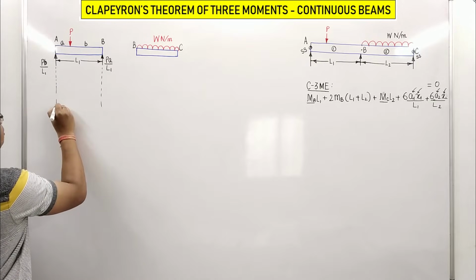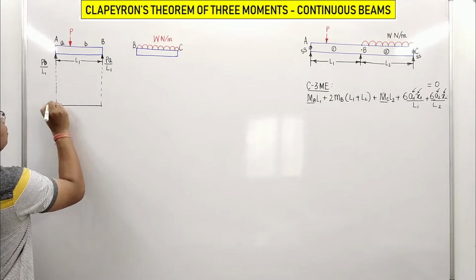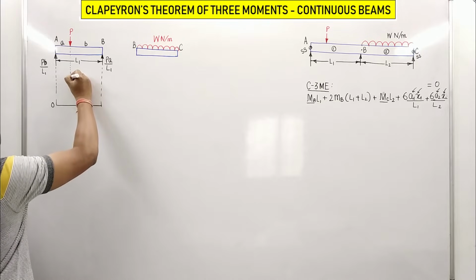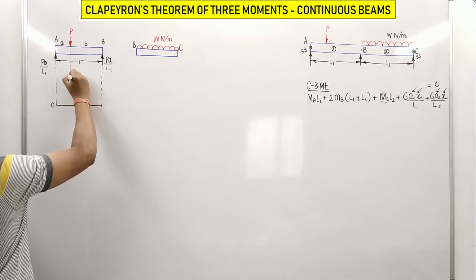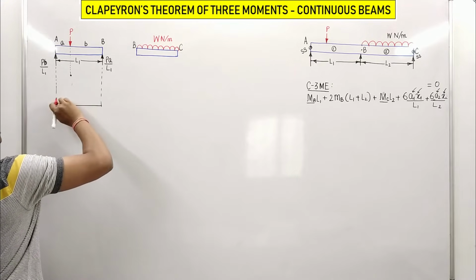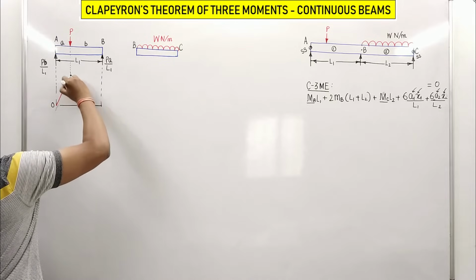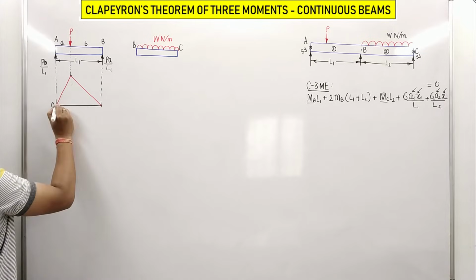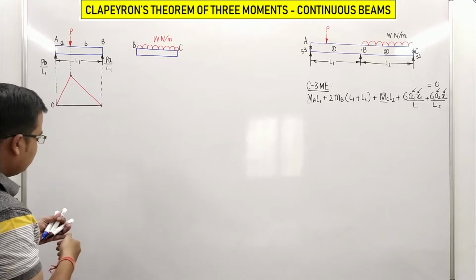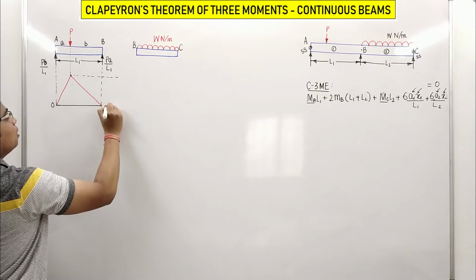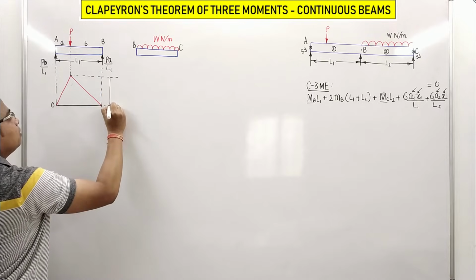Okay, so it's something like this. 0 level, the bending moment will be maximum where the point load is acting, right here. So if you watch carefully, this is the way forward. That's it. Okay, that's it. This is the bending moment diagram. And if somebody asks me, sir, what is the height of this triangle? Well, this is nothing but,